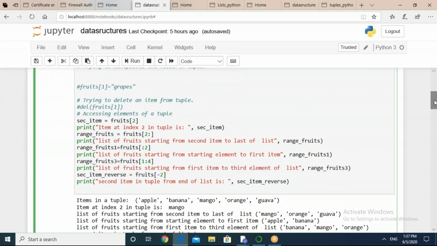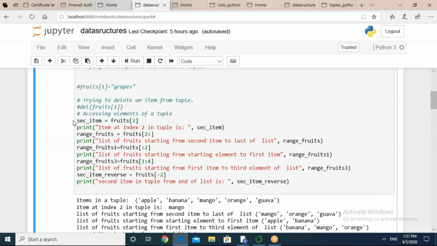Now we are trying to delete an item. The del method we have done earlier also. I have made it a comment. Fruits 1. So in tuples also, as it is an index based data structure, आपको index mention करना होगा. जो भी value आप try कर रहे हो उस पे कोई भी ऑपरेशन परफॉर्म कर रहे हो तो इंडेक्स के थ्रू ही होगा. तो हम डिलीट करने की कोशिश कर रहे हैं, बट अगेन इन डिलीट ऑल्सो इट विल गिव यू अ एरर मैसेज. It will not allow you to delete an item. And now let us see what can we do.